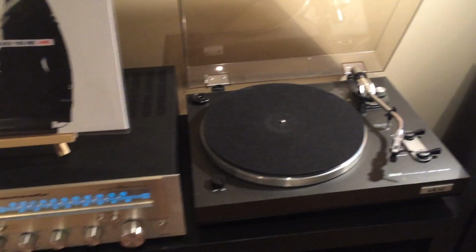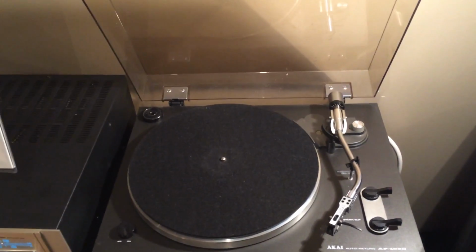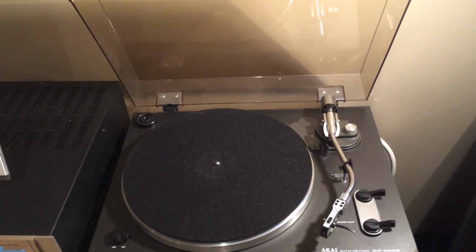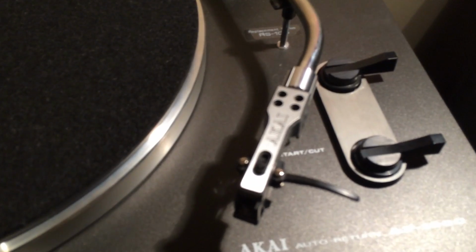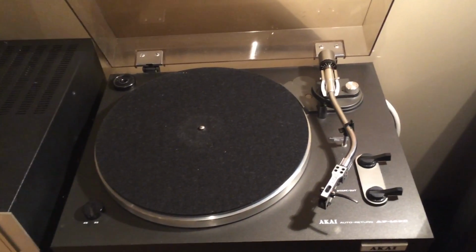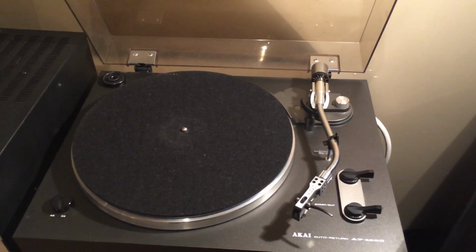My backup table at the moment, and I say at the moment because I'm always finding turntables and fixing them up. For the most part, I'm gifting them to friends. The odd person might offer me a few bucks. Right now what I'm running as a backup is an Akai AP100C with an old Akai head shell that I salvaged off another Akai turntable that I fixed up. For a budget turntable for its time, this one's a really nice table. I was really surprised when I fixed it up and cleaned it, put a new cartridge on it, how well